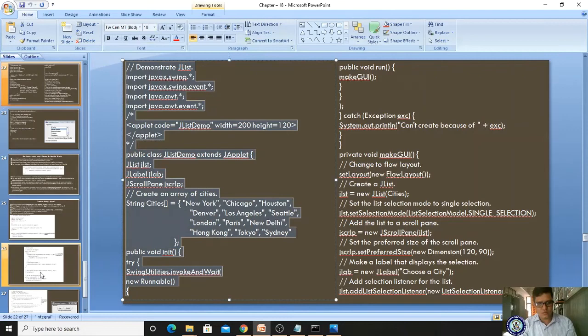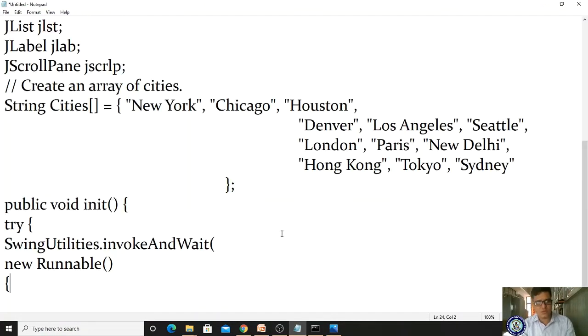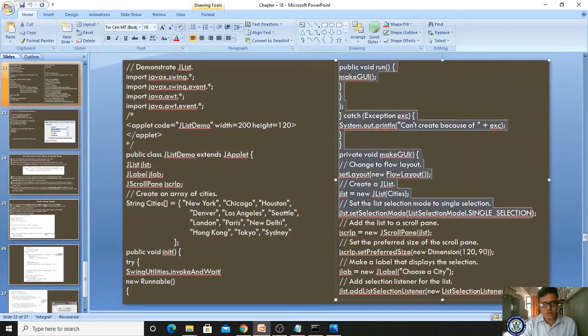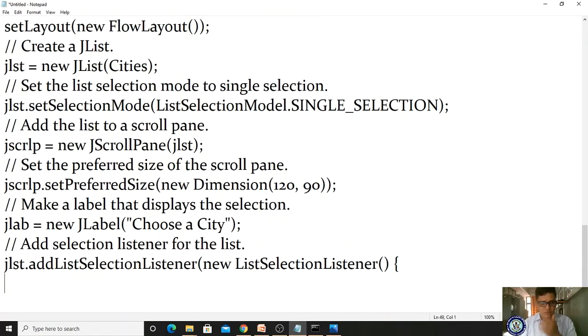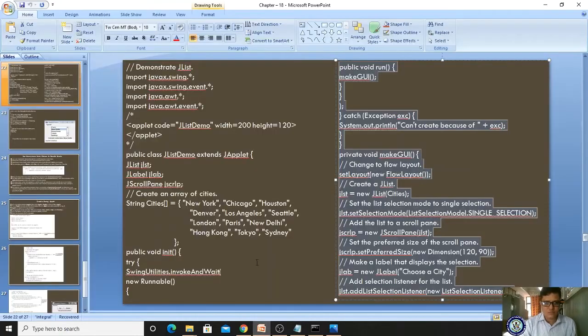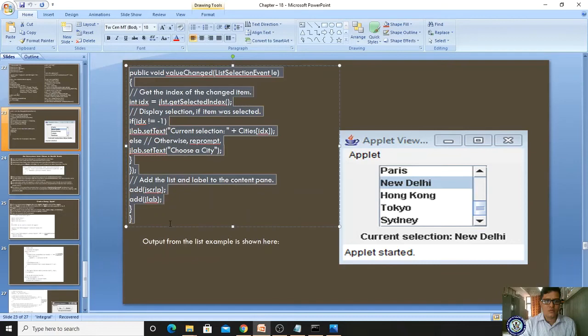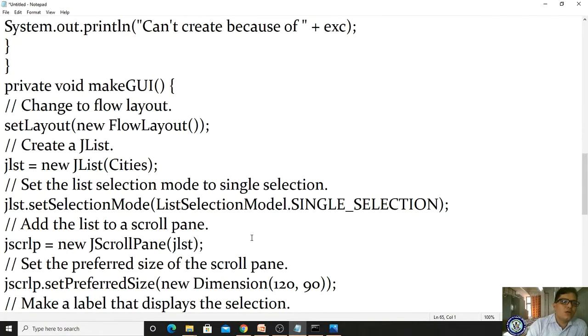I'm copying, taking a new file and pasting it. Yes, now save it.